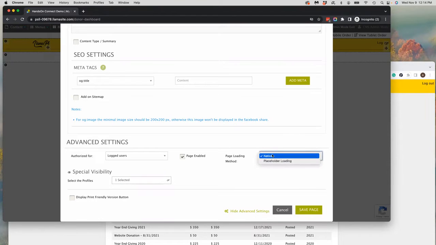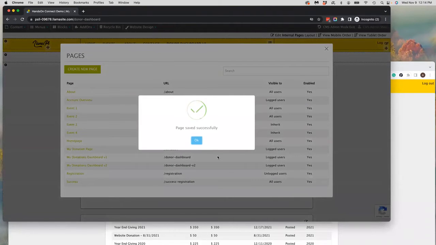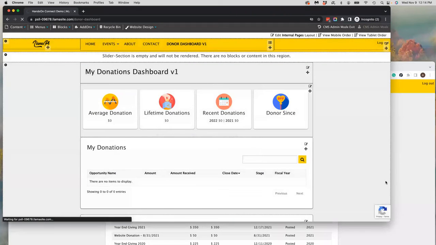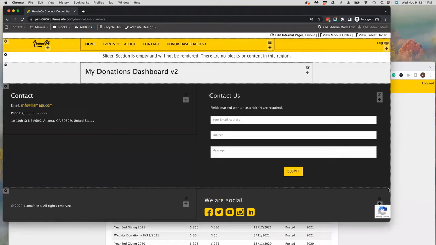And I'm going to load this in placeholder loading. This is not important. It's just that the way the listing blocks get displayed is a little bit nicer. And I'm going to save this. Okay, so I have my page, and now my job is basically to add the different